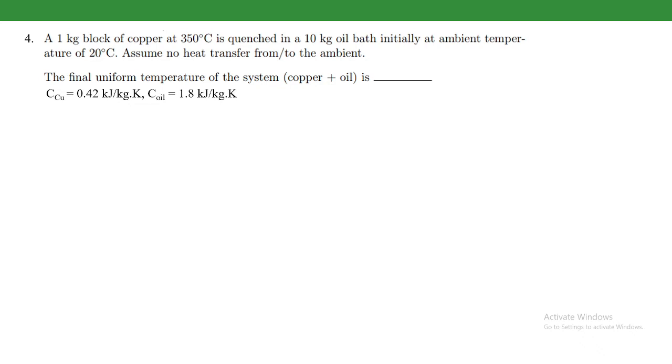So this is basically a very pretty straightforward energy balance problem, but actually we will be needing it in the next part of the problem, so we will have to do this. So let us start. From the energy equation,